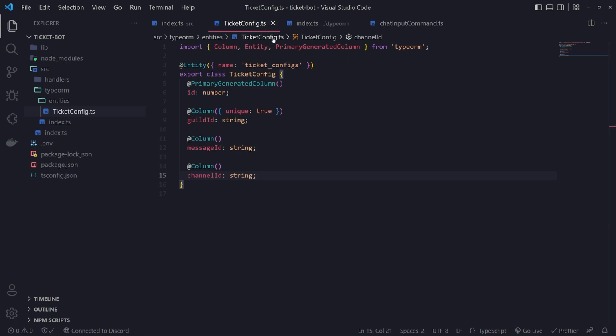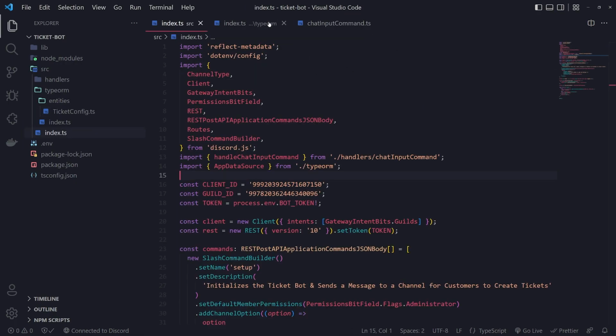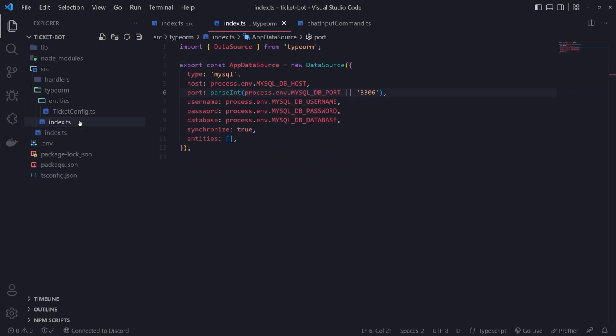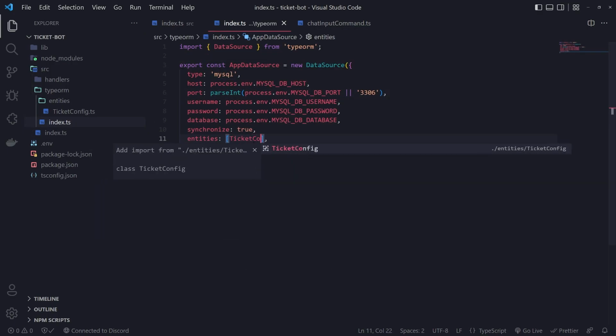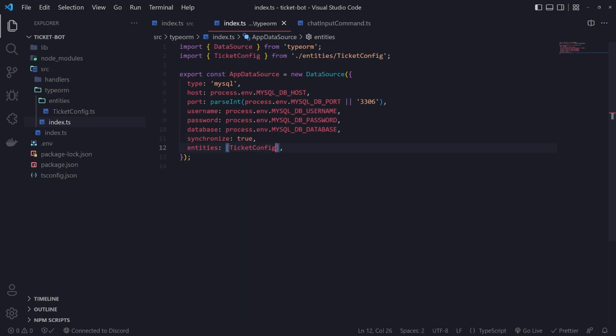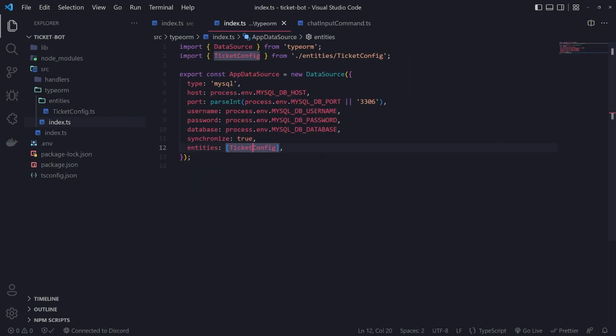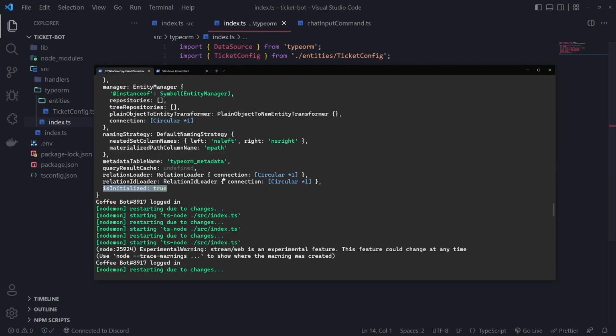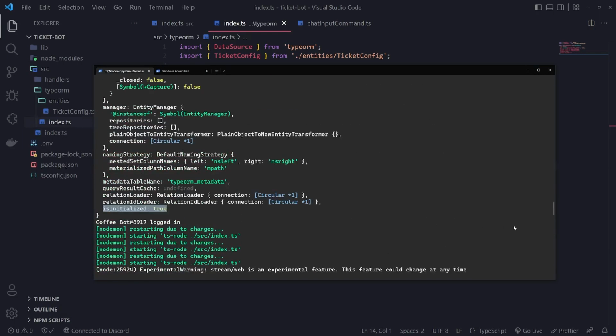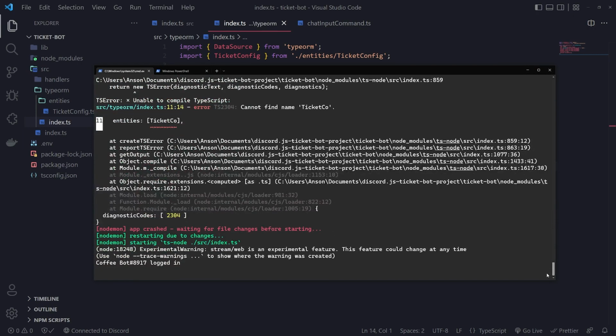So let's go ahead and actually register our entity. We do that by going into our data source. Inside the entities array, we'll pass in the TicketConfig class as a value. That's going to be imported from the entities file over here. Then you can see that when I save, it's going to restart. And you're not seeing anything right now, but